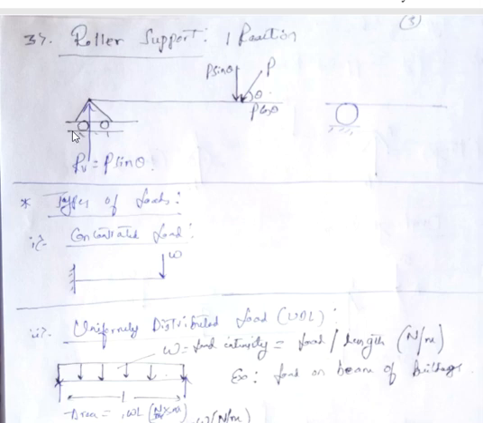So in general, I can say that there is only one reaction, that is in vertical direction. For you, it is important to remember the number of reactions for different support and how it is represented. For roller support, the reaction is only one in vertical direction, and this is the representing symbol. And then for hinge support, number of reactions are two. One is horizontal, one is vertical direction. And then for cantilever support, there are three reactions. One is horizontal, second is vertical, and third is moment.